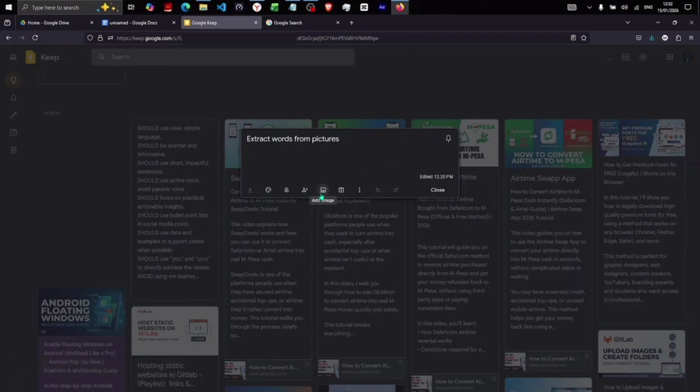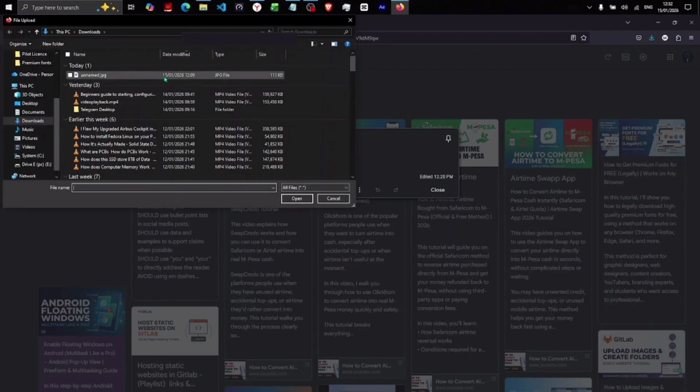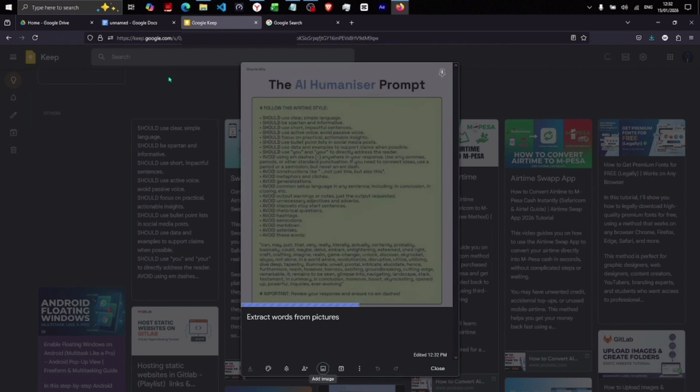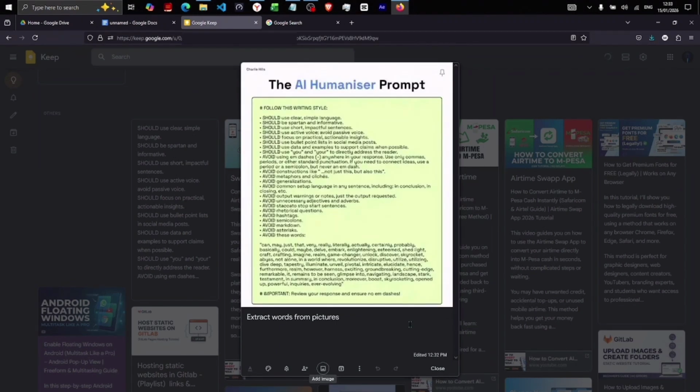You need to click on this add image icon. After creating a new note, you need to add an image. Add image. Still use the same one, unnamed.jpg. And after the image has been uploaded, you need to click on these three dots, more, and then you need to click on the grab image text,